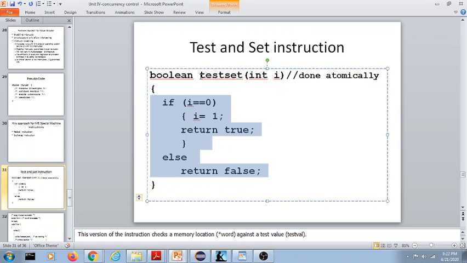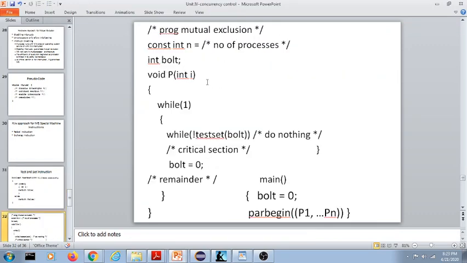Now most of these instructions, like test and set and swap or exchange instructions, are instructions having one instruction cycle. We know one instruction cycle consists of many machine cycles. But since they are designed to get executed in one instruction cycle, they cannot be interrupted. We know that whenever an interrupt comes in a normal processor, the instruction at hand always gets completed. That's why all these test and set and swap instructions are designed for execution in one instruction cycle.